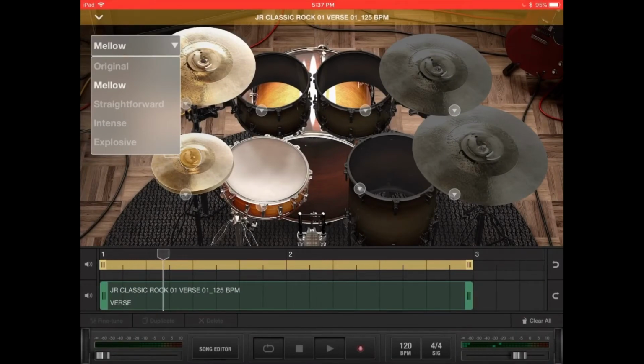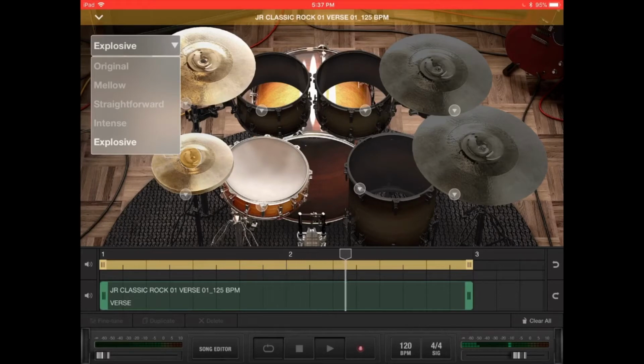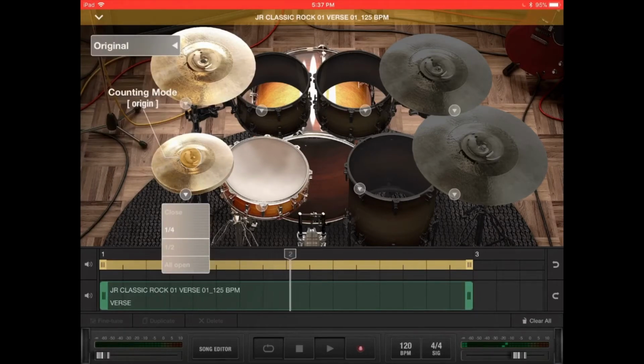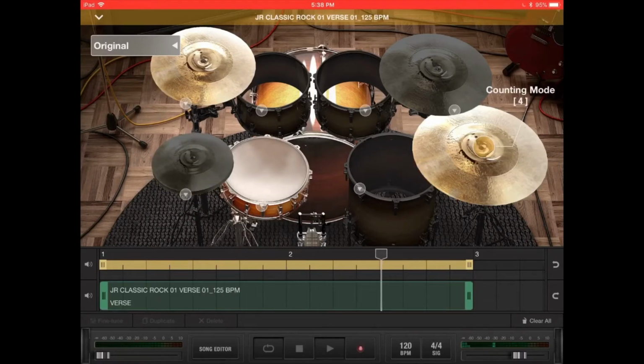Intensity, hit articulations, leading and power hand,